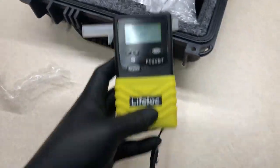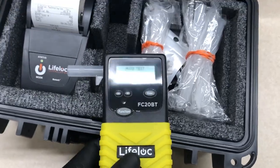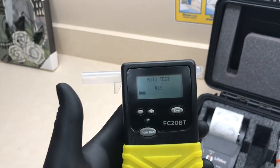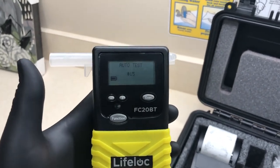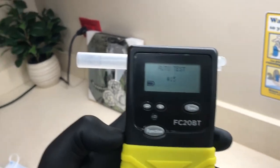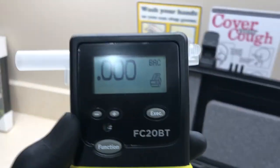So for the auto test, all you're going to be doing is, just like we do our normal breathalyzer now, you turn it on. And ours waits till you count down to 0 or whatever. But this one, all you have to do is tell the patient to blow in it until you hear a beep. So I'll demonstrate. Hear a beep. It results in